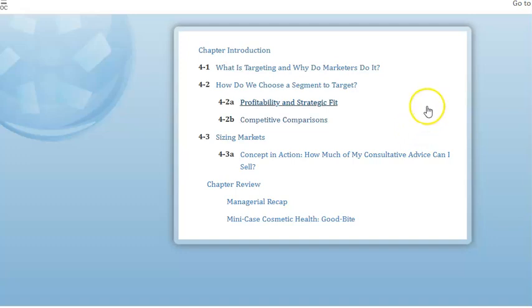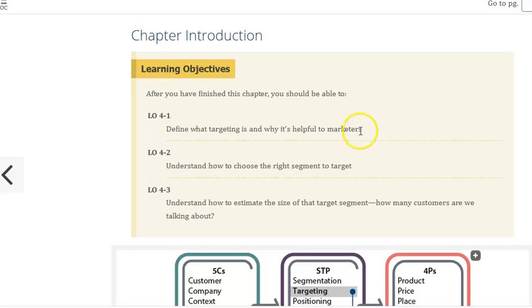Doing competitive comparisons also helps you get a sense of where people are already targeting in the marketplace. It goes over some mechanics of how to size markets and why that's important. We won't have to do that for our plan because it usually requires a lot of specific information that we simply don't have, and we don't have the time for it either. So it's all right. You'll get the gist of it by looking at it that way. So that's chapter 4. Take the quizzes as soon as you're done with the chapter. I think that's just good advice. Make sure you're doing the quizzes in MindTap right away after you're done reading it.